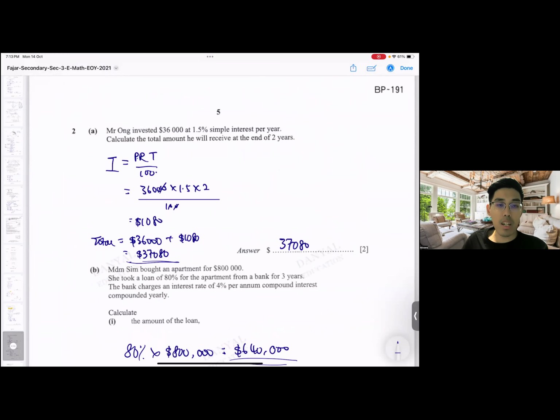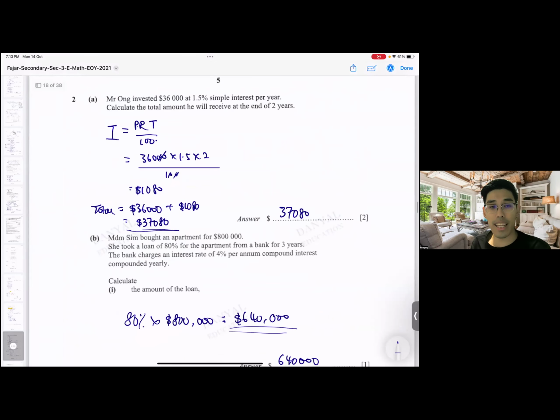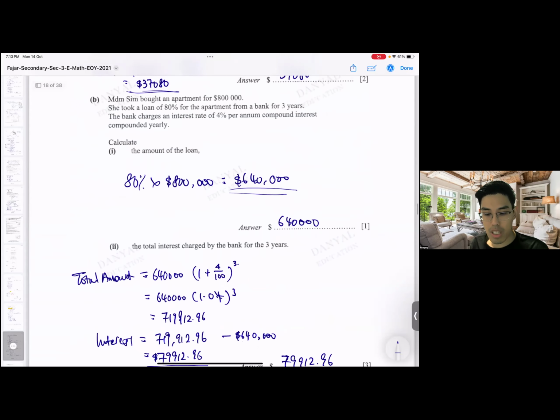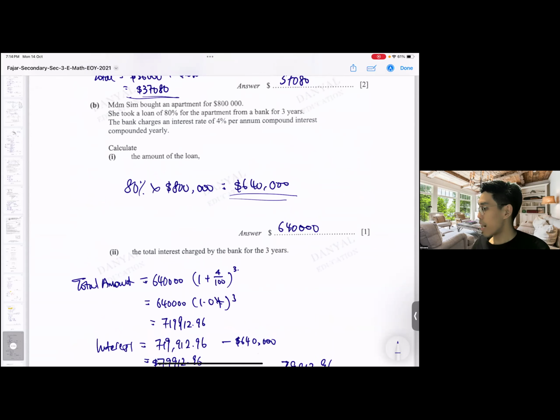Fair enough lah. Taking a loan for an apartment for only 3 years, definitely your interest can shoot up quite high lah. Anyway, it's only for 3 years. I don't know which country this person is from, but Singapore won't give you only 3 years to clear everything unless you're damn rich.